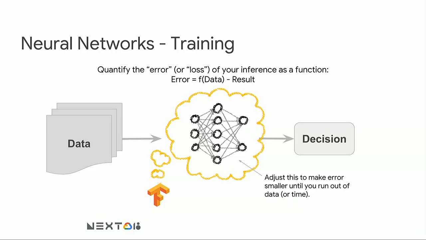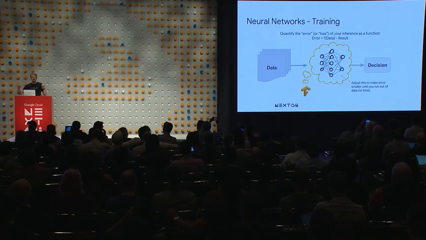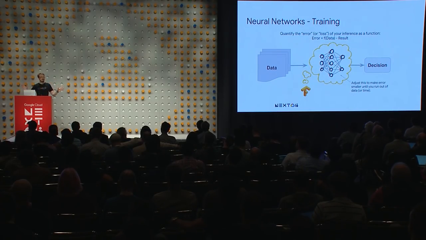Well, what we're going to do is try and quantify the error, where we have inputs that we know and outputs that we should have gotten, and we're going to take a look at the difference between those and try and change the model, which is differentiable, so we know which direction we need to push the different values in that model, to make the error smaller. So that's basically machine learning in a nutshell, or at least the stochastic gradient descent form of machine learning. But yeah, it's a pile of linear algebra, and we're going to try to tweak it.